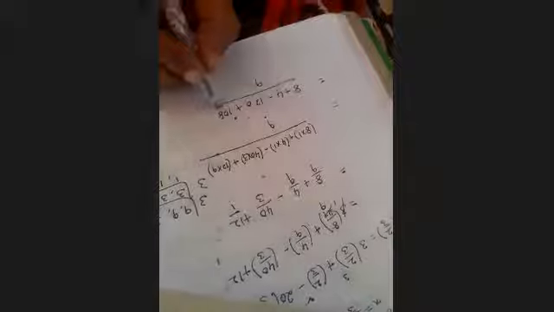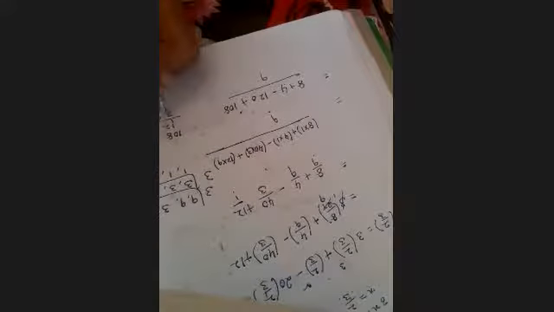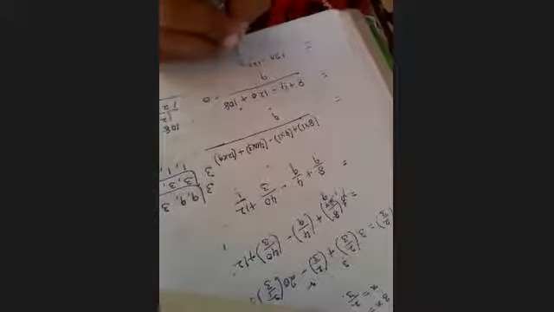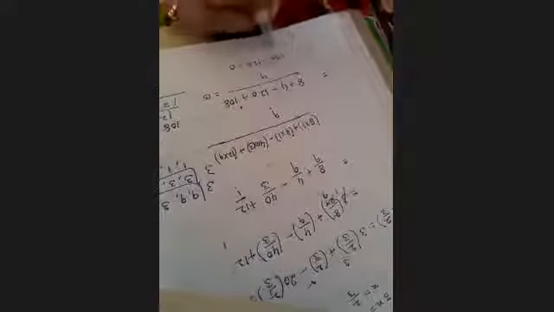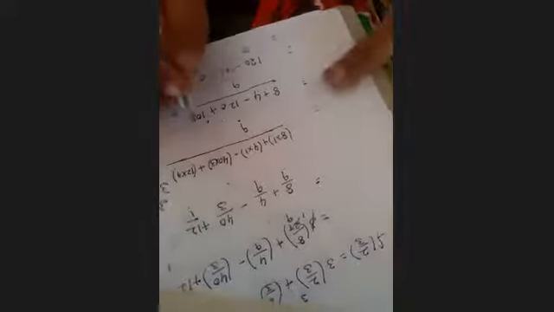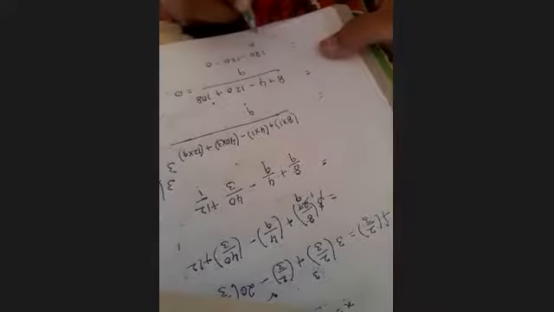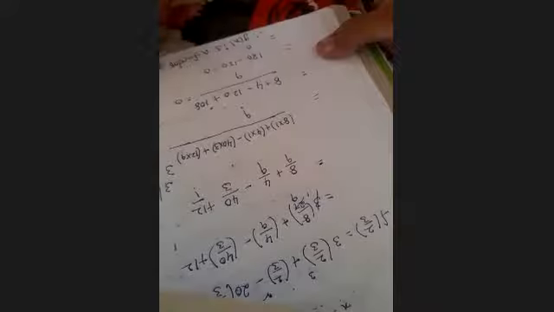So plus values we take 1 time, minus values 1 time. So 108, 8 plus 4, 12. So 108 plus 12 is 120. So 120 minus 120. 9 goes into 0, so 0. So 120 minus 120 means 0 will come. So g of x is a factor of f of x. Therefore, g of x is a factor of f of x.